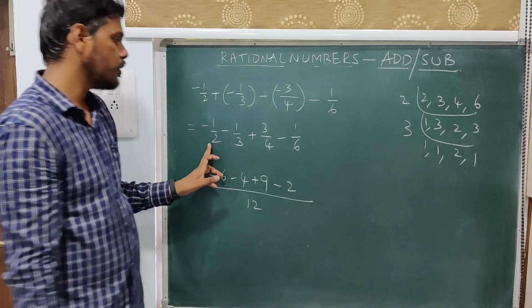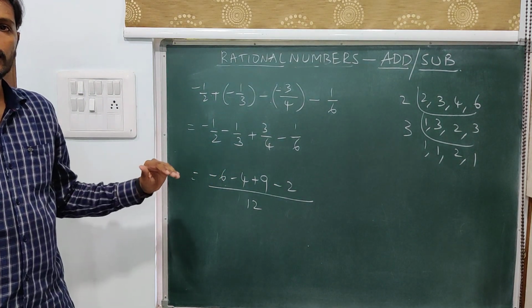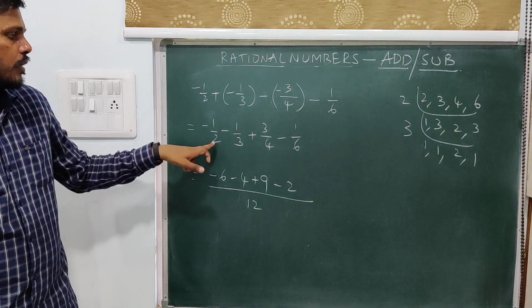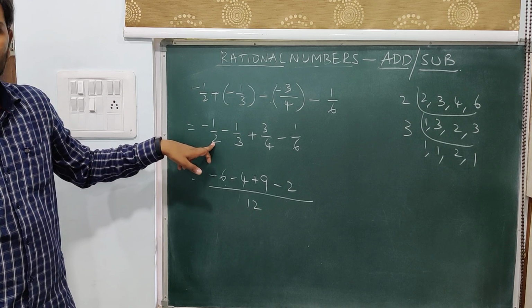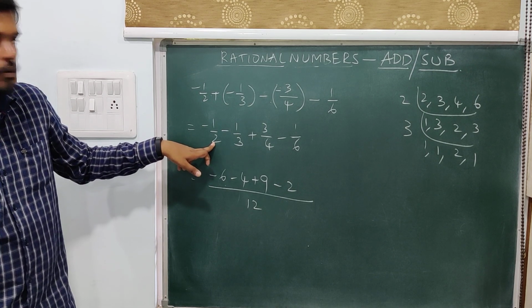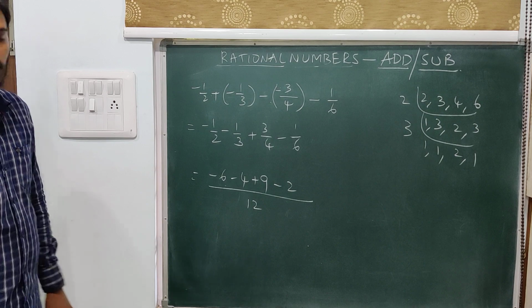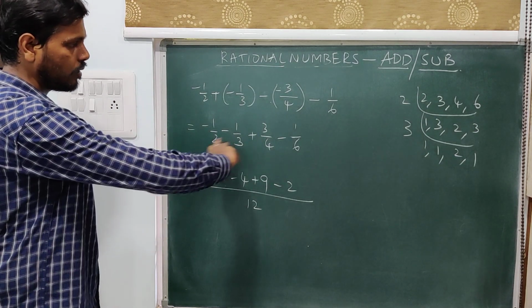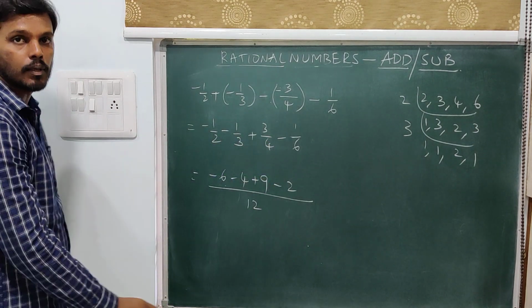So the basic thing is whatever you are multiplying to the denominator, the same thing should be multiplied to the numerator. Here 6 is to be multiplied to 2 to give you 12. Therefore do the same on the numerator as well, 1 into 6. So I have repeated the process for the remaining as well.